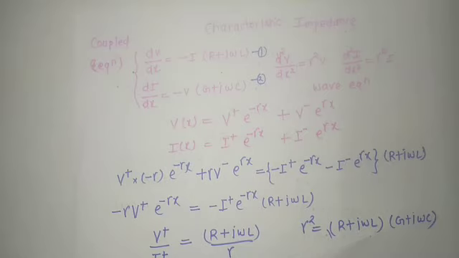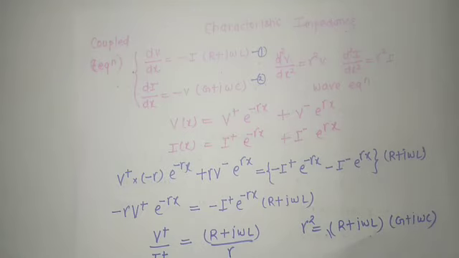Gamma is nothing but the propagation constant, which is a complex quantity. Recall what is alpha, that was the attenuation constant, and what is beta, that is the phase shift constant. Recall the physical significance of beta: if beta is equal to 0, it means the excitation is DC, and gamma depends on the primary constants of the transmission line.